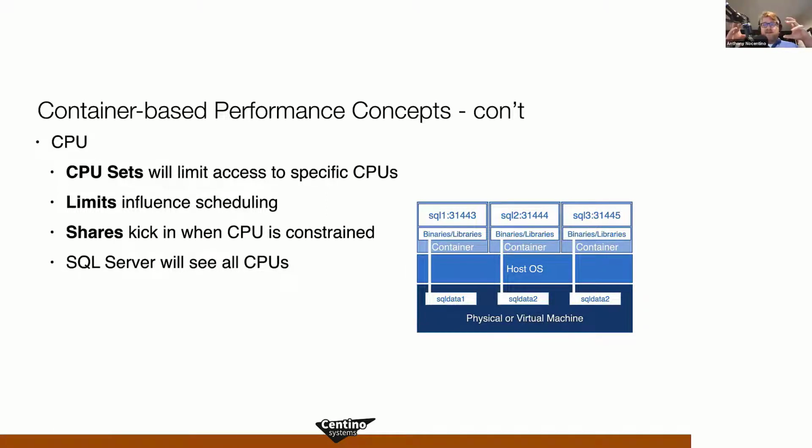Same thing with limits. If I have 2 processors in my base OS and I say you can only use 1 core's worth, SQL Server will still see 2 cores, but the scheduler will balance it across both cores, while limiting it logically to accessing 1 core. And same thing with shares. So if you configure a limit and you see that SQL Server at the instance level can see all of your cores, that's okay. It's the scheduler that's going to affect that change for you, or affect that limit for you, I should say.